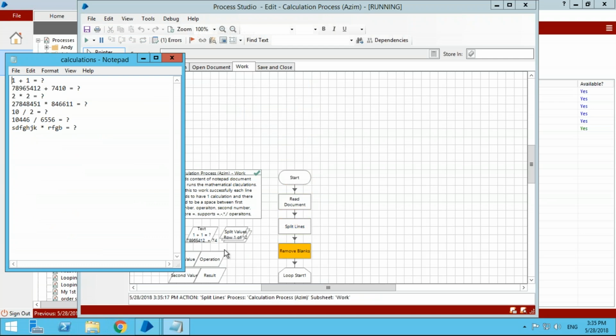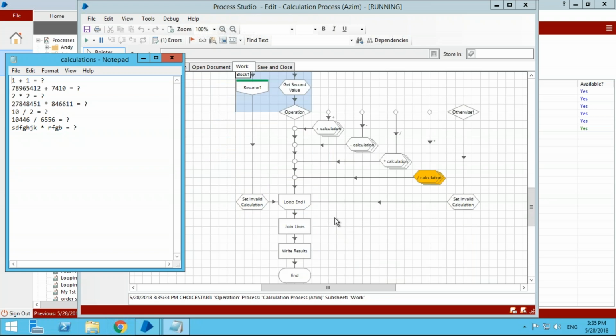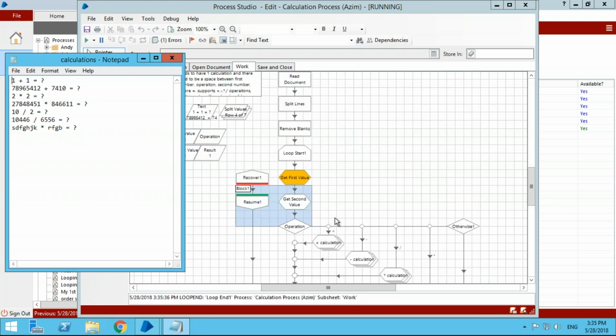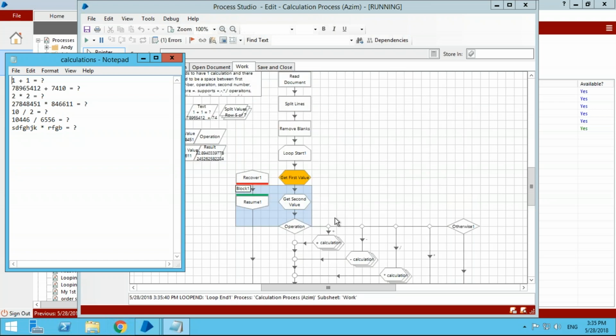Now read the document. As you can see there, it's actually got the data that's in the document and it's put it into the data item, and now it's going through that data and working out what it needs to do. There are stages that you won't recognize, but this is just so that you get a bit of an idea of where we can get to and how the automations work, and you can automate absolutely anything.